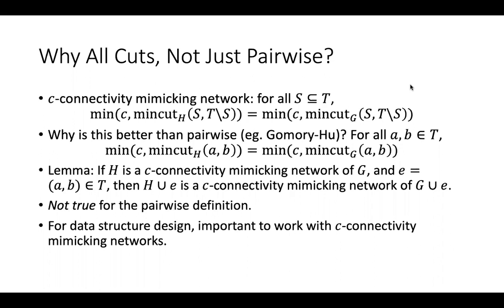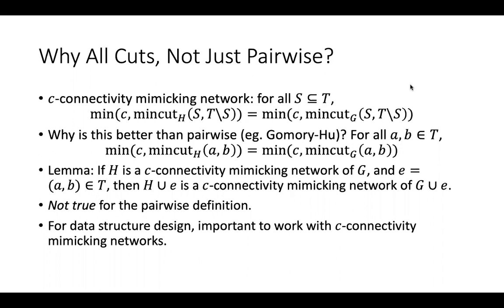If H is a C connectivity mimicking network of G, and we add an edge between a pair of terminals, then H is still a C edge connectivity mimicking network of G as long as we add the edge E in. So H with the edge E added is a C connectivity mimicking network of G with the edge E added. This is not true for the pairwise definition. The intuition is that